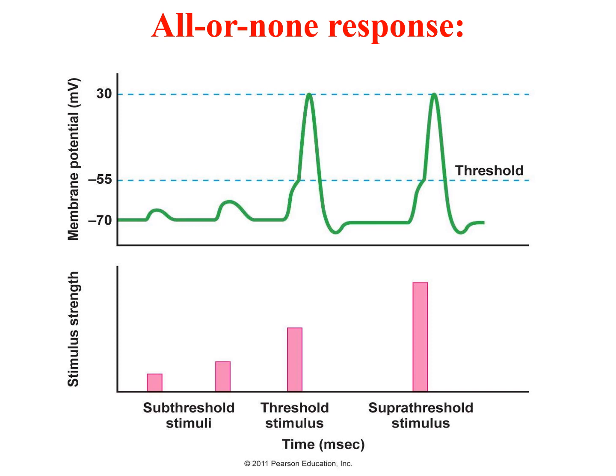The next property would be all or none response. We all know when a subthreshold stimulus is given, you can't see any response in the tissue. But when a threshold stimulus is given, the tissue is going to produce a response. And even if it is a suprathreshold stimulus, it is going to produce the same response. Either it doesn't produce any response or it produces a response. That's why it is called all or none response.